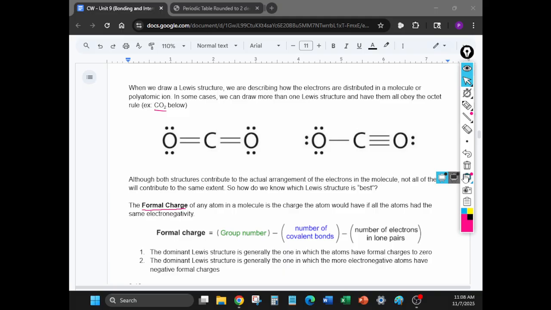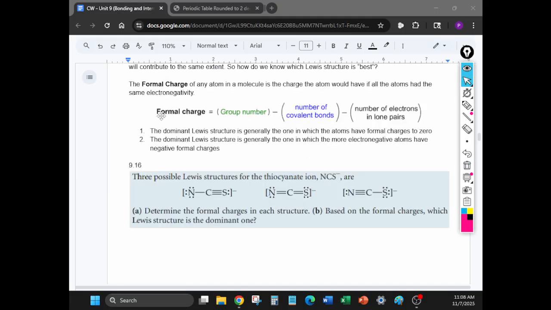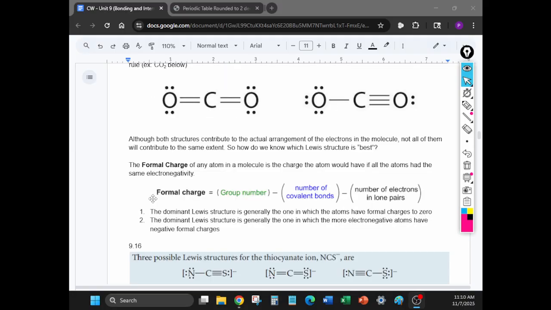So I want you to write this equation. I know that it's kind of long and annoying, and I don't like doing this, but I want you to write the equation. I'll show you how to use this equation to determine what the best structure for a molecule is. All right, so formal charge is basically a way to designate a number to an element